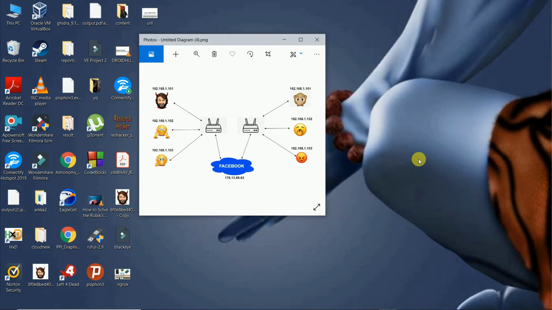So I was looking for the best possible example to explain to you the use of ngrok, the need of ngrok, in a very short time. It's very necessary for you to know the need of ngrok, because unless you know the need of the tool, you are not going to use it efficiently.